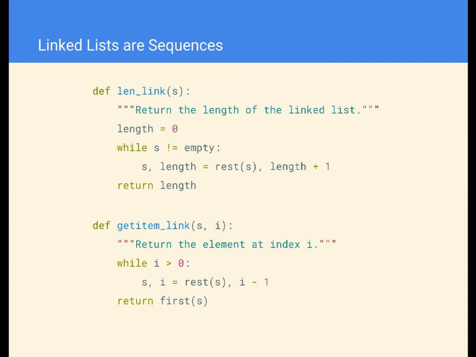Okay, here we go. So our task was to write a recursive implementation of len link and get item link. So length of the link should give us the length of the link, and get item link should give us an item at the index specified. All right, so here we've seen that we can use a little bit of recursion right here. To get the length of the link, let's suppose our link is empty. The length of the empty link is just 0.